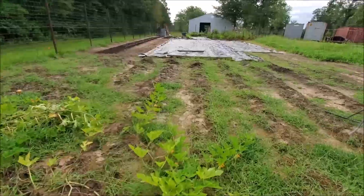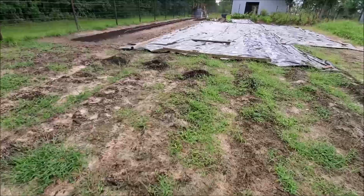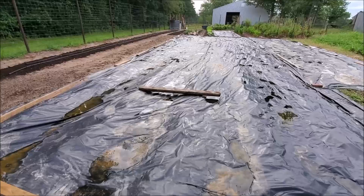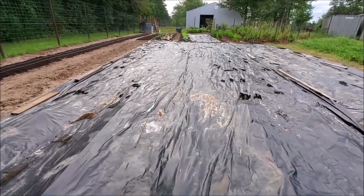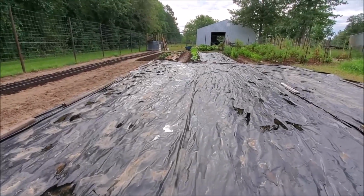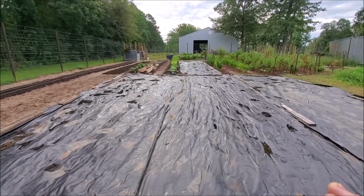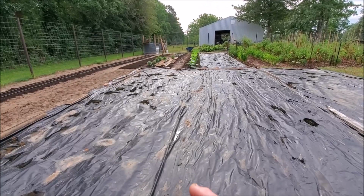The plan is, here in just about a month, to be time to start planting some of our fall crops. So another week with the tarp on here, and we can go ahead and start making beds for this. I won't be able to complete the whole length of them because these run across this way compared to the other beds, because the contour of the land runs along here,